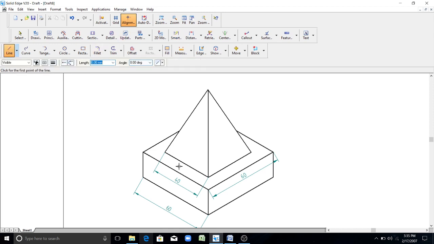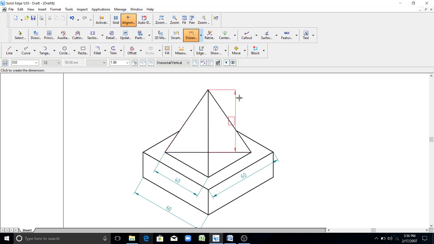So the center point of this square is like this. For showing the dimension, I have drawn this line. The distance between this and this end point should be 50 mm.